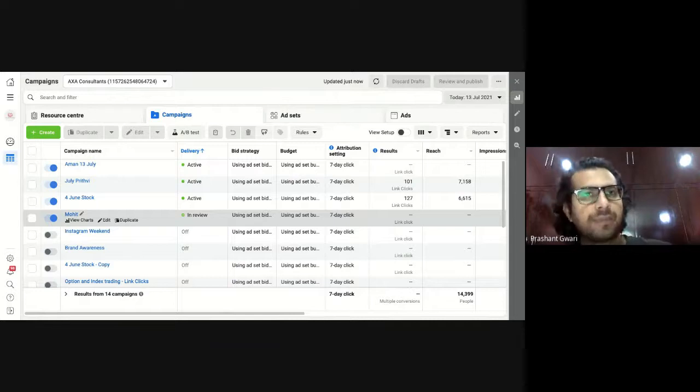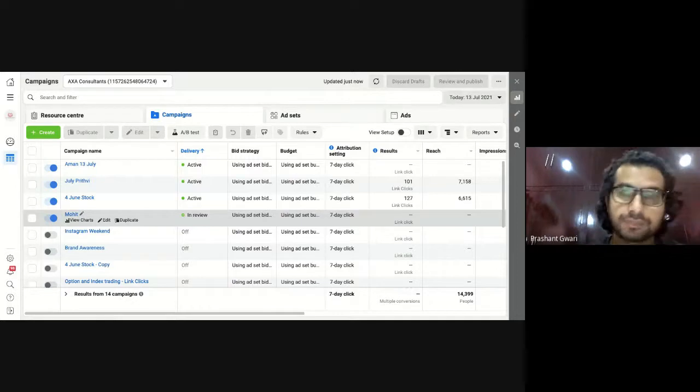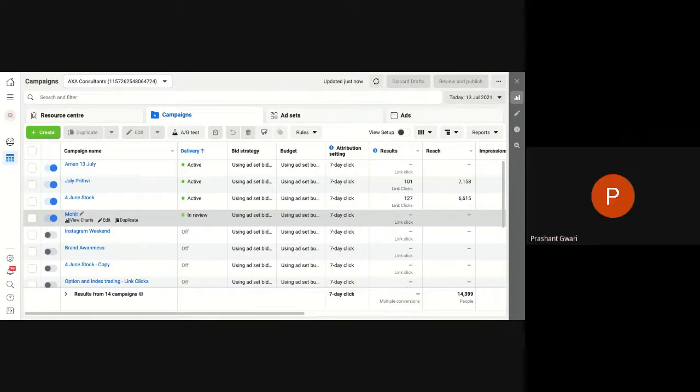Our goal was promotion, generating website traffic or Telegram subscribers, and our KPI was generating at least 200 or around 200 links on that advertisement. So tomorrow when we come and check the result of 24 hours, if we find we are generating more than 200 links, our campaign is successful. If we are generating less than 200 links, our campaign is a failure. So that is how you will run advertisements on Facebook and Instagram. Any doubt or question you have regarding running advertisements on Facebook, you can ask.